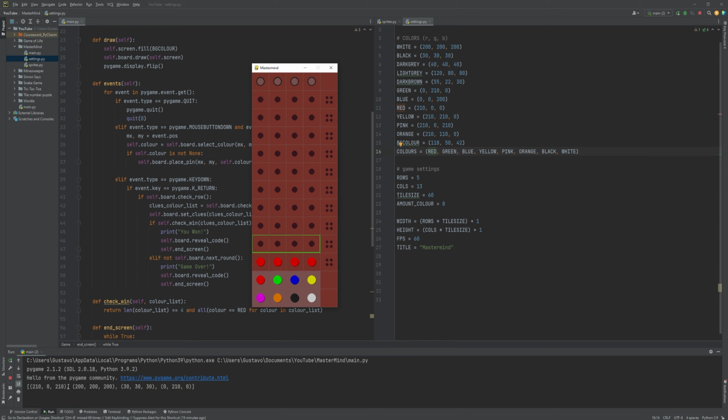The first color is 210 and 210, that is pink. And then we have 200, 200, 200, that is white. Then we have 30, 30, 30, that's black. And then 0, 210 in the middle, that is green. So that is actually the color in there. I press it, okay, now it reviews and it says you won. Okay guys,